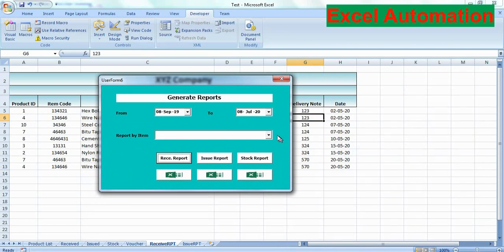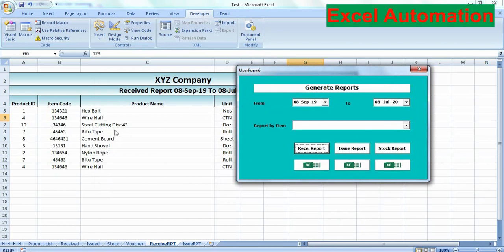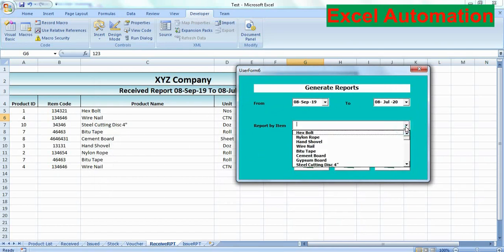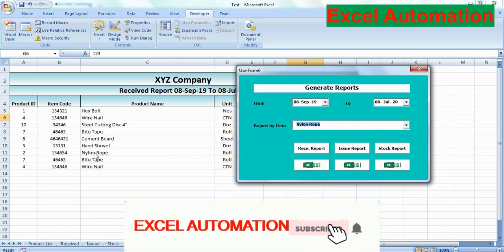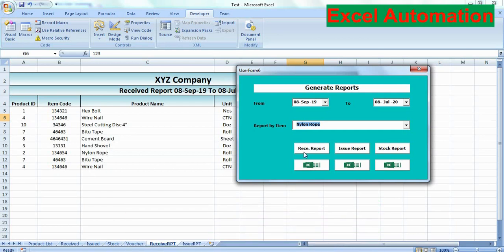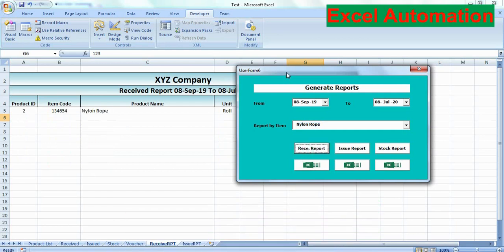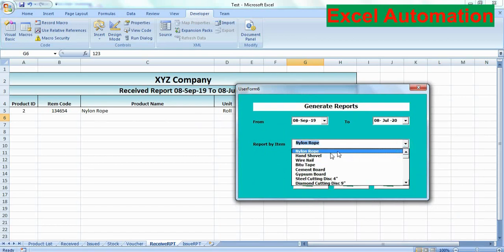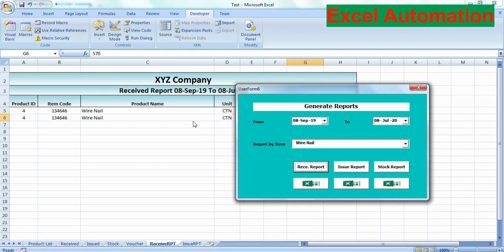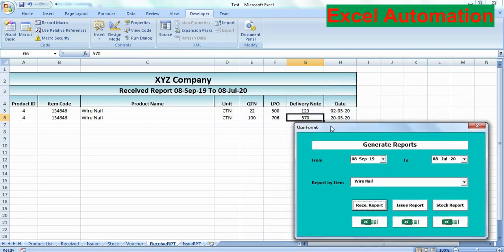But as you can see, there are many different products here. If I select a particular product, let's say nylon rope, you can see nylon rope is mentioned only one time, there is no other transaction. When I click, now you can see it's giving only the nylon rope record, not any other record. If I select wire nail, there are two records of wire nails, so it gives the two records.